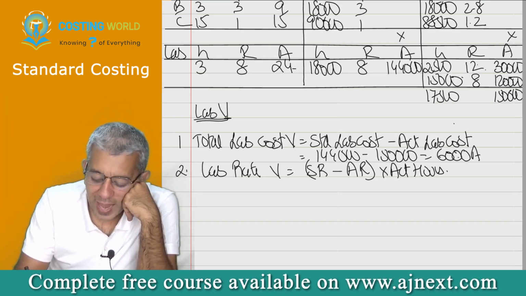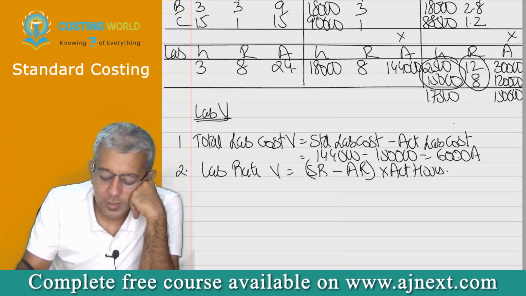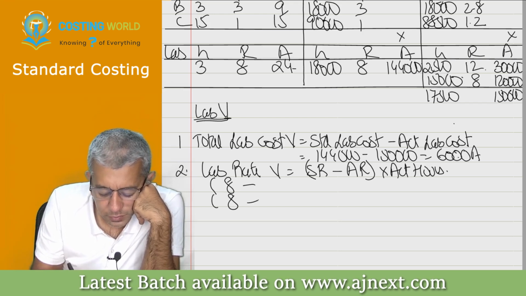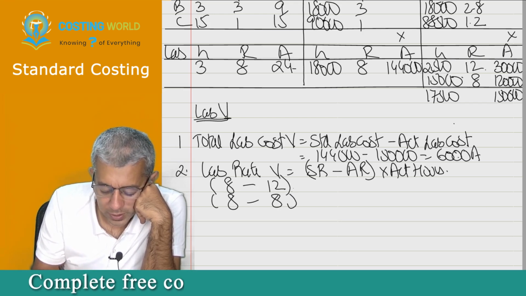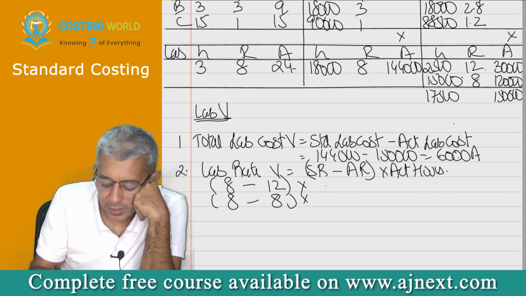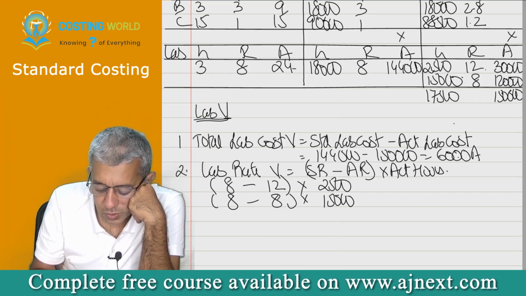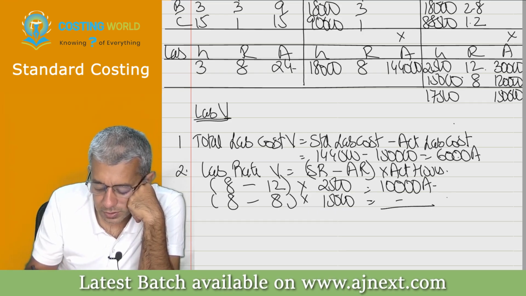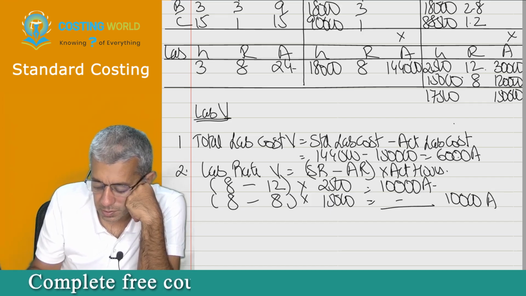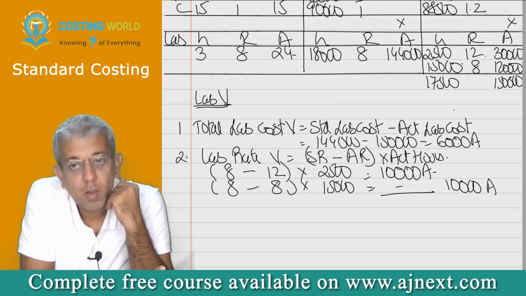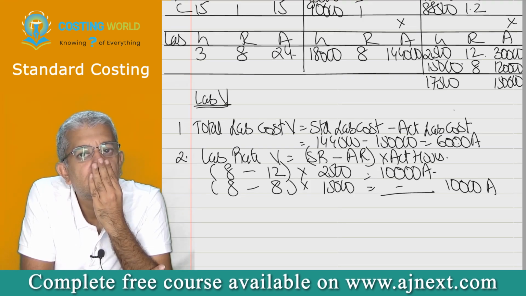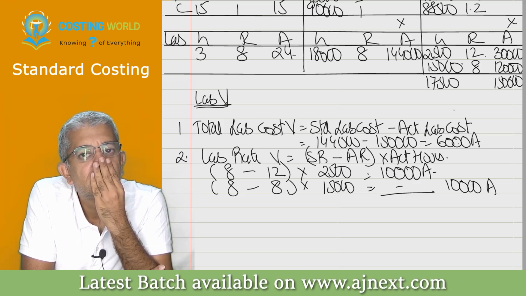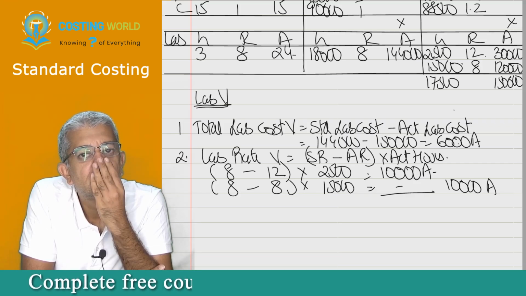Now see, beta, the actual rate is twice, no? Actual hours are twice, no? You also computed twice. So at what rate should we have paid the workers? 8. Sometimes we paid at the rate of 12, sometimes we paid at the rate of 8 only. Like this, there were 2,500 hours, like this, there were 15,000 hours. 10,000 adverse. Third,